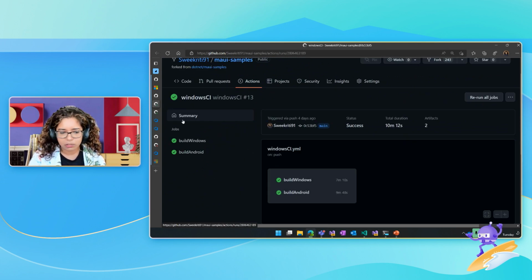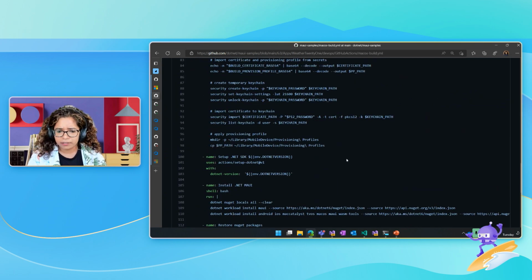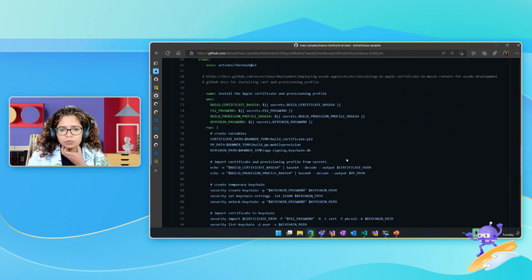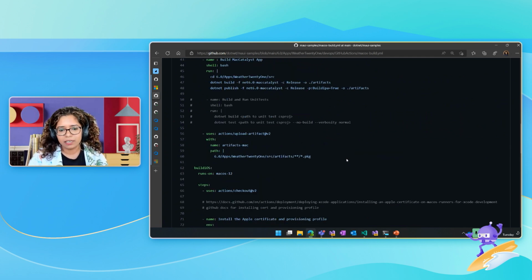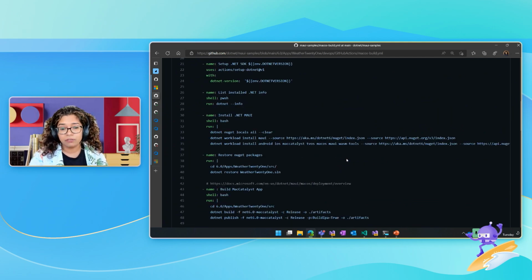So look, there's two different build agents, and same thing on Mac. There's two different build agents for the different targets. I saw a couple of questions and people keep asking me this: hey, how do I optimize my build time? Very easy. The way these pipelines are set up, it's a very starter pipeline, to help you understand every single small step. If you're looking to optimize your pipelines, it's really straightforward.